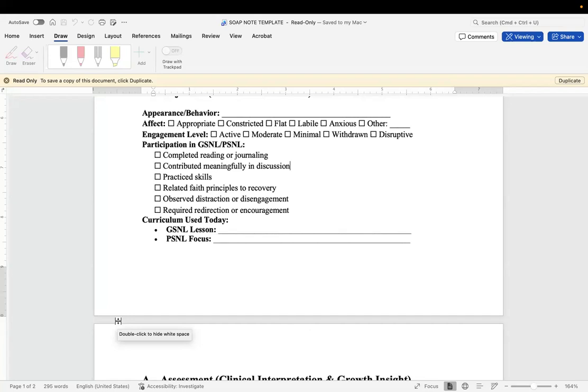Observe distractions or disengagement. I can tell you that today I have been kind of distracted with a bunch of different things going on. Our clients shouldn't have those distractions, because they aren't doing the things that we do on the norm. They're needing to stay focused on their GSNL or their PSNL or a particular assignment. They're not needing to focus on the 15 different things that you and I have to focus on every single day. So if you observe them being distracted or disengaged, it's important to notate that. And then if you're having to redirect them or encourage them even a lot, it needs to be notated.